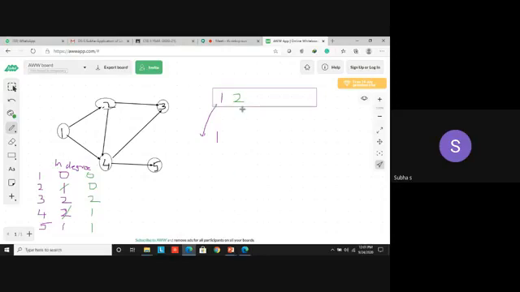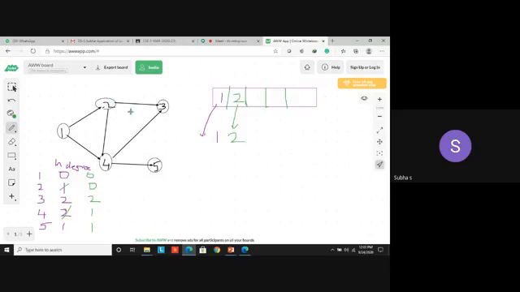Yes. Now what you have to do? You have to dequeue the vertex. Dequeue element 2. I am dequeuing. Just assume it as a queue data structure. Because 1 was already removed, front is pointing to 2 only. 2 is dequeued now. Now you have to decrement the in degree for the adjacent vertices of 2.